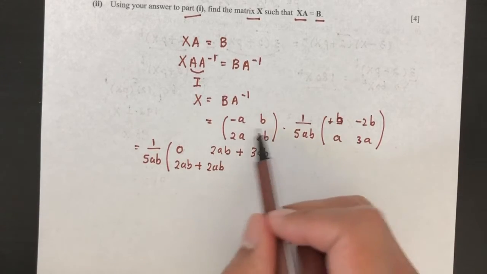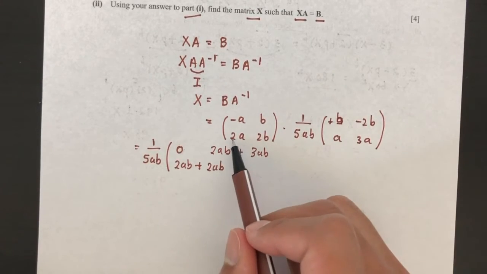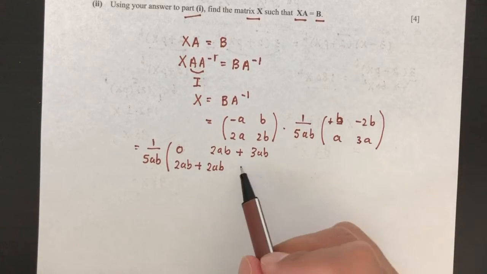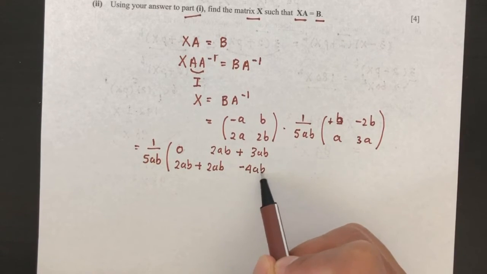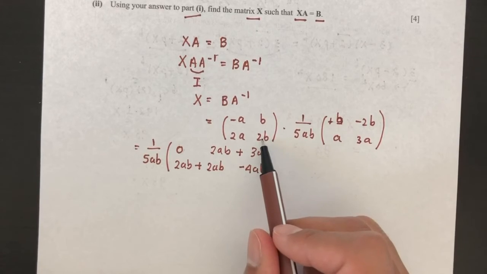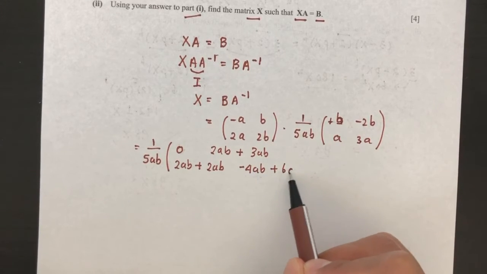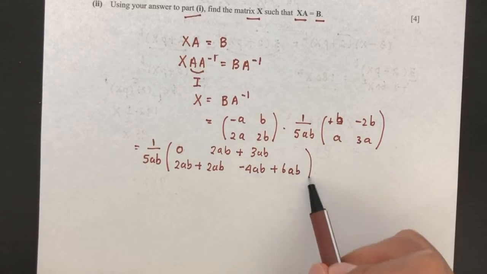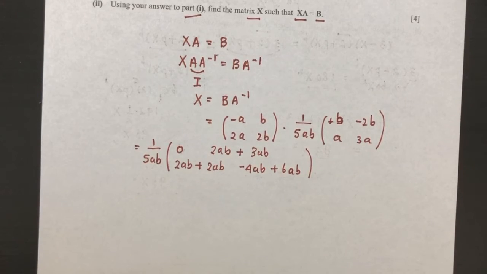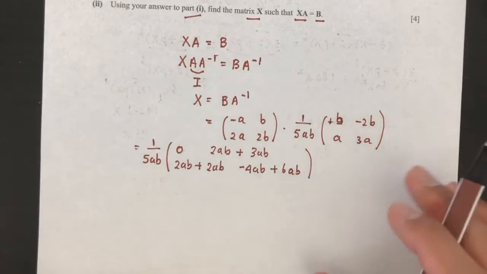And next step, rows by column again. So minus 2A times minus 2B, that will be minus 4AB. And then we have to do this one plus 6AB. So let's see, what do we get? That will be simplified to